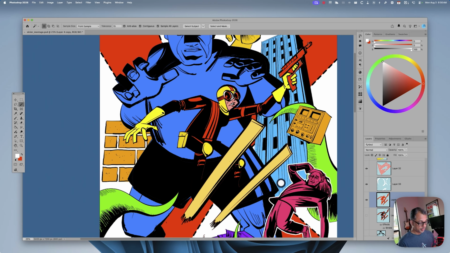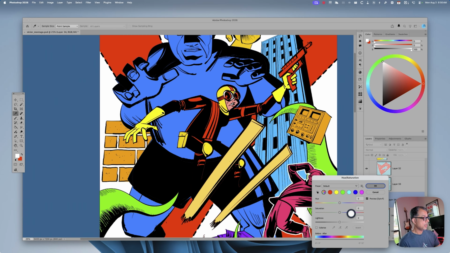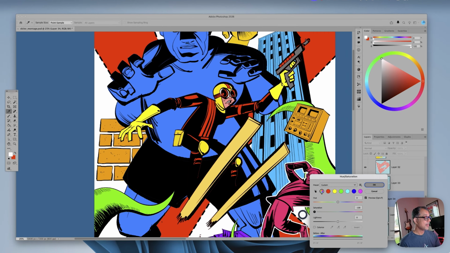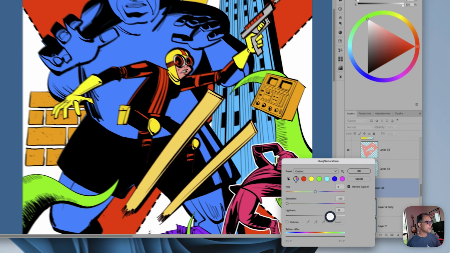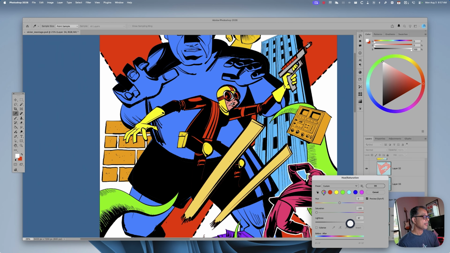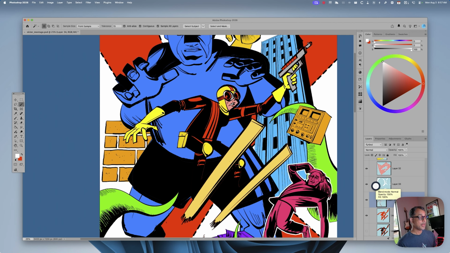So for example, if I look at the gun here, Command J, Command U, I can desat the color, basically robbing all of the color from that image except for gray, and adjust the lightness. So that's a light value. Let's look at that in Grayscale. Okay, so now we have good contrast between the glove and the gun, but we can see that the building behind it